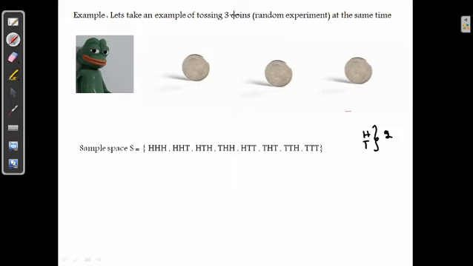So it is 2 to the power of 3. How much is 2 to the power of 3? It would be equal to 8. So this is how you will be getting 8 combinations. Head head head, head head tail, head tail head. So this is the combination. Totally there will be 8 combinations. Okay. Next,